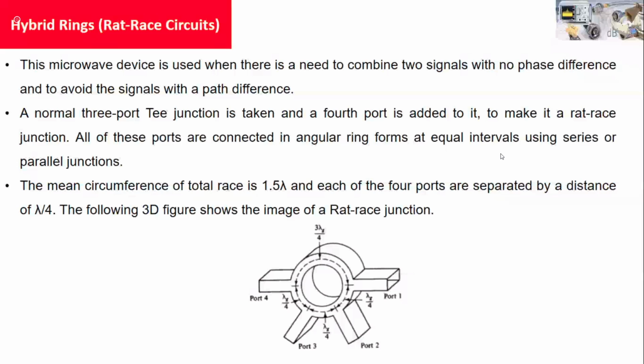So generally we always match a line with lambda by 4 when you are designing any microwave device and you are feeding using any transmission line. So generally we consider the transmission line length as lambda by 4 because it provides quite good impedance matching. Why lambda by 4 provides good impedance matching is given in detail in the topic of transmission lines. In transmission lines, you have to study all these things.